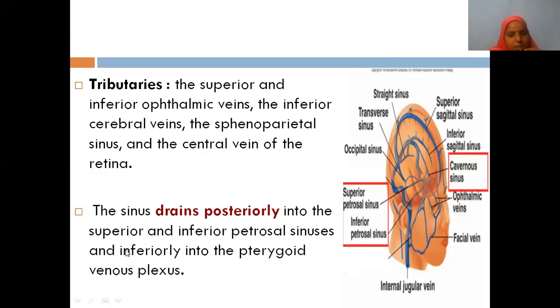Superior and inferior petrosal sinuses, and also into the pterygoid plexus of veins, which we see in the face, in the infratemporal fossa region. That's the reason, if there is any infection due to pimples, if you want to pick more, what happens? The infection through the pterygoid plexus of veins via emissary veins can go into the cavernous sinus. So that's why this area of the face is called the dangerous area of the face. You will see the pterygoid plexus of veins getting connected through the emissary veins into the cavernous sinus.